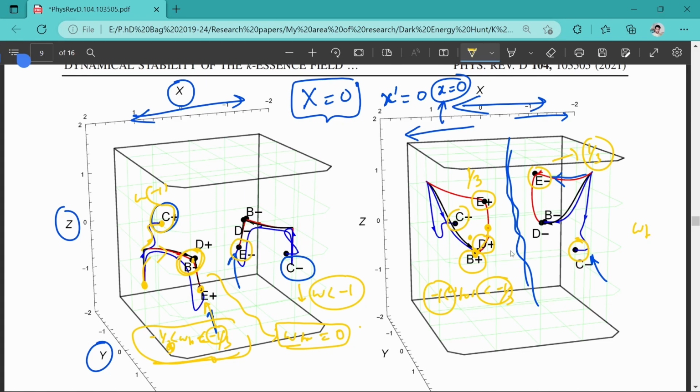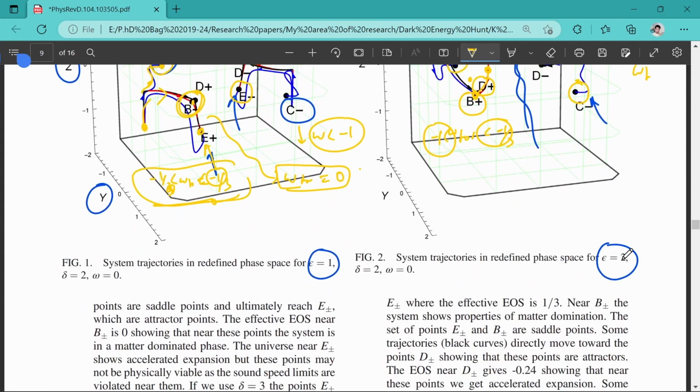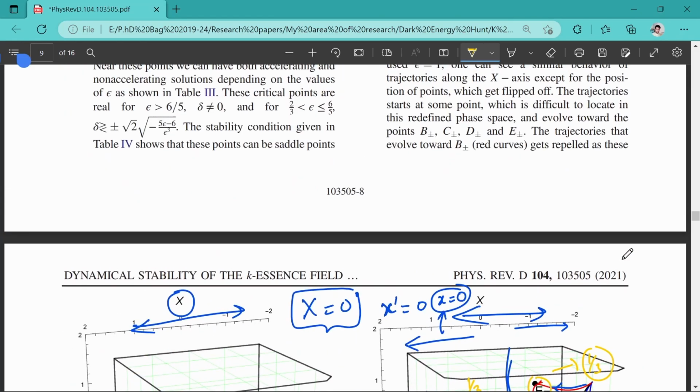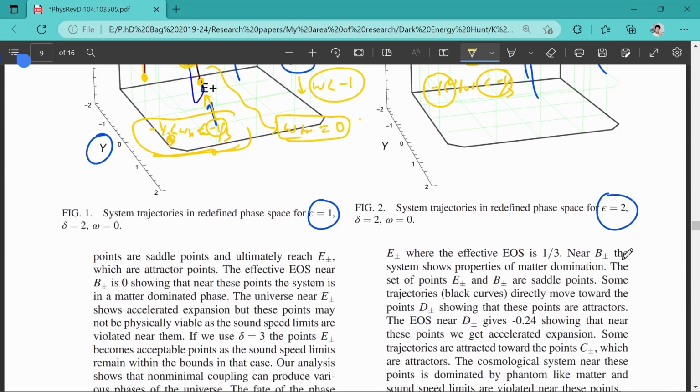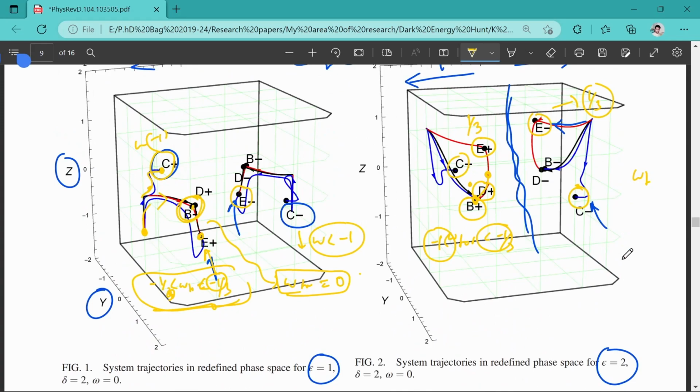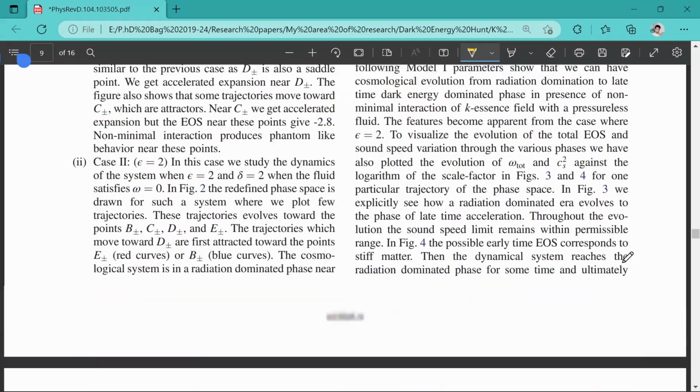So this is the whole scenario, that as you are increasing your epsilon to 2, we have not plotted here epsilon is equal to -2, so the dynamics is very smooth and very interesting. So it is basically connecting the early universe to the late time cosmology, and hence you see different kinds of dynamics interplaying in the whole scenario.